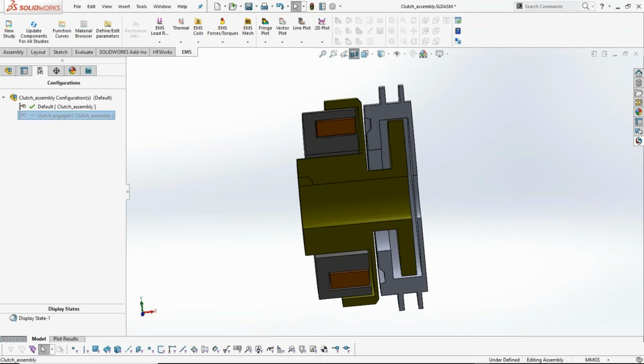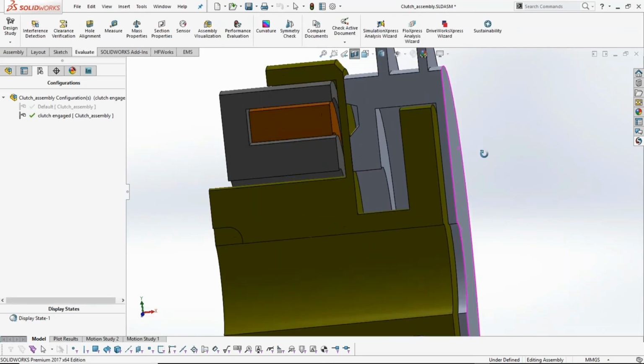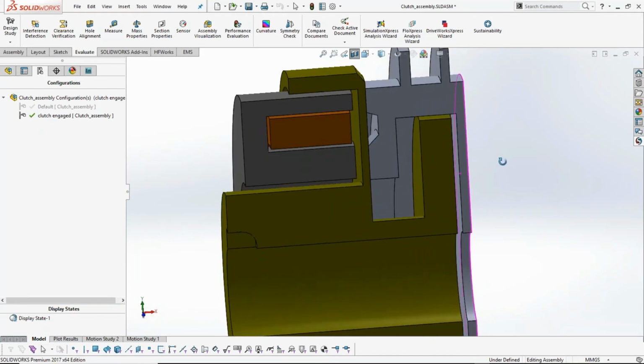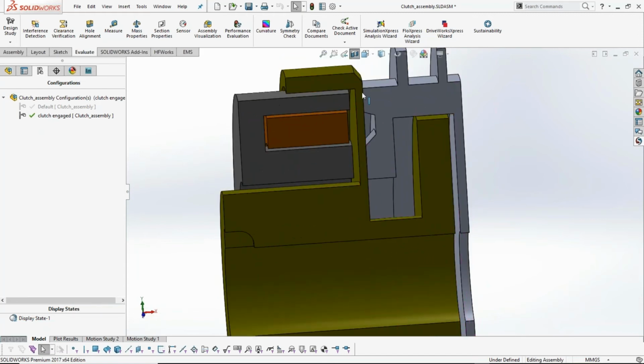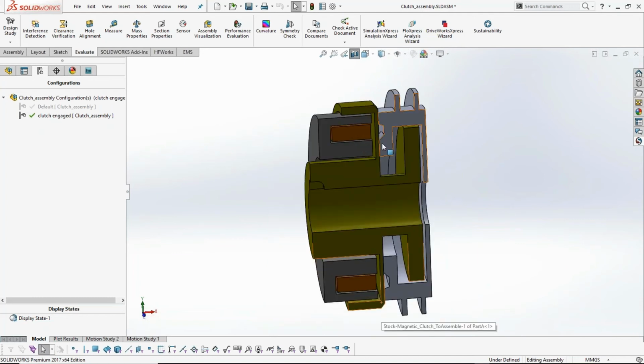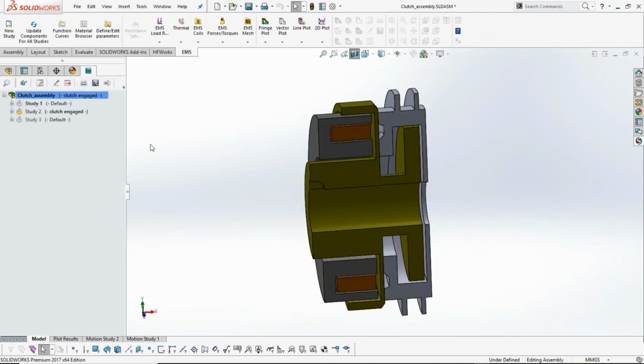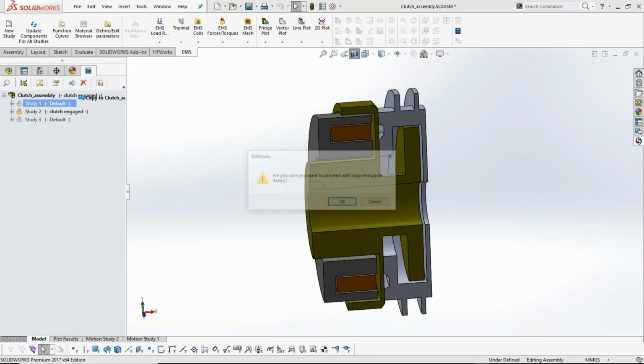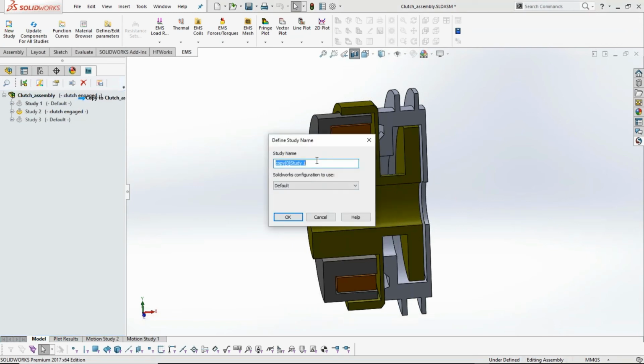I have created another configuration that helps me look at this scenario visually in SOLIDWORKS. This is a case where there is no gap between the driver and the follower, so it is completely engaged. Now we would like to know the force acting on the follower. To do that, one needs to do another simulation just like what we did earlier. EMS helps you to clone studies, which is very useful because you don't have to duplicate things that were already done. By simply dragging and dropping study 1 you can create another study, in this case say study 4,